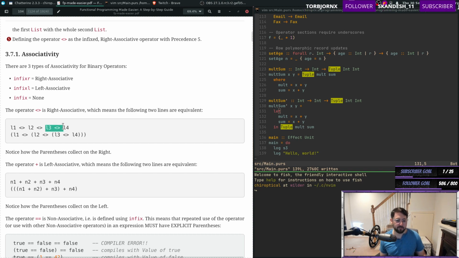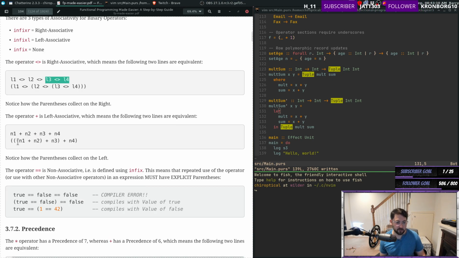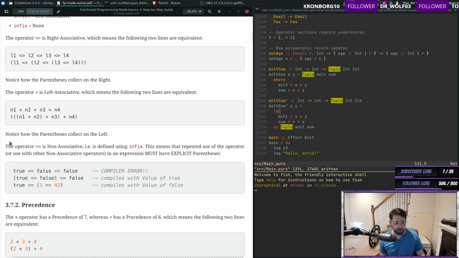Anyway, right associative means this goes first, and so you can draw the implicit parentheses in this way. If we have a left associative operator, the stuff on the left comes first. So you can think of this as like fold from the right, fold from the left. Right associative, left associative. And it does matter in certain cases. It doesn't matter for plus, but